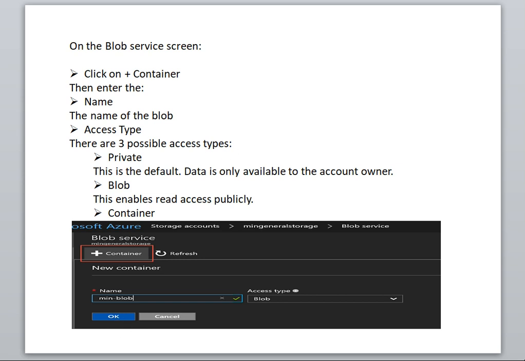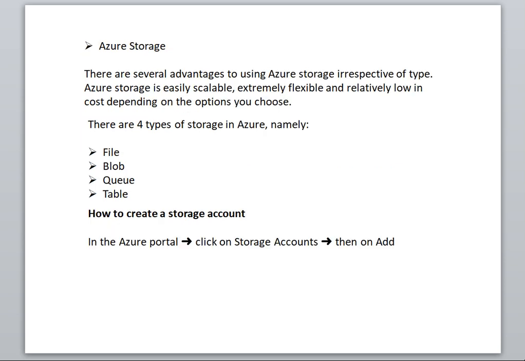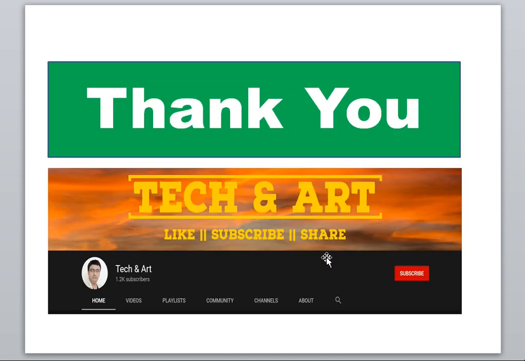Okay. So in this first slide, I have created the blob storage. Now I am requesting you guys to create a file, queue, and table. But if you need any help, give a comment, because I am not going to create it or give the instructions. You do the testing for the file, queue, and table. If you require, let me know. I will create another session for the file, queue, and table. Okay. Till then, bye bye.